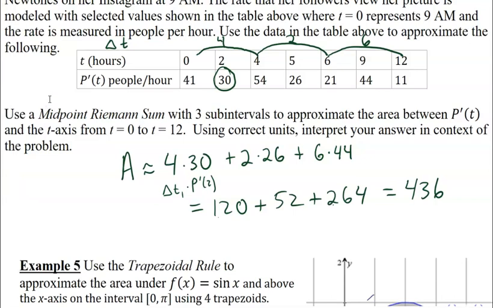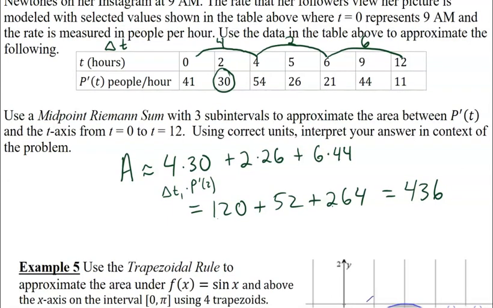So 436. And so then the second part of the question says, using correct units, interpret your answer in the context of the problem. So P prime of T is the rate of people per hour that are viewing the picture. If I accumulate a rate of change of people per hour, let's look at the units. People per hour accumulated over some amount of hours, I end up with a total number of people. So what this is saying is that